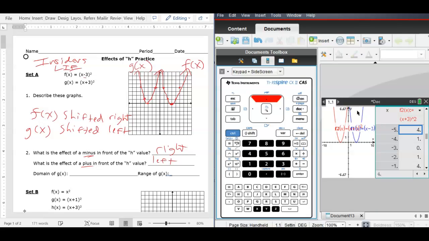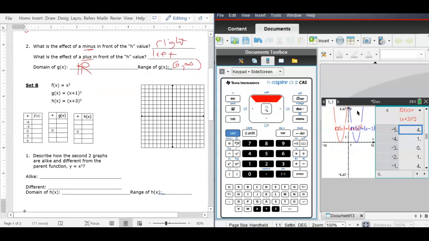Okay, now domain and range. Do you remember, domain is always all real numbers because it goes forever to the left, and it goes forever to the right. But the range, how far down does this go? What is the y value at the bottom here? 0, and it touches, and then it goes up forever to infinity. All right. Now,